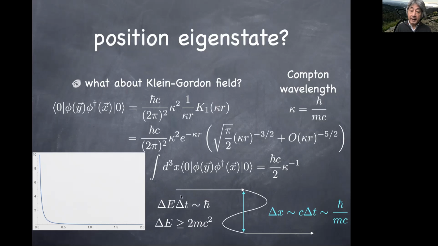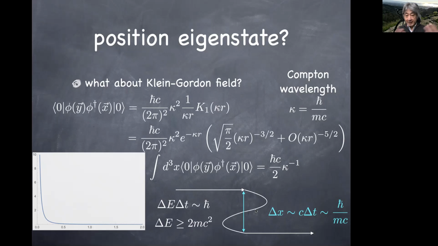So if you compare the input and output, this process appears as if the particle that used to be here all of a sudden jumped to over here instead, within the distance given by h bar over mc. So that's the Compton wavelength. Namely, the fact that there is matter and antimatter in a relativistic theory tells you that the position of the particle is always a little uncertain, given by this Compton wavelength, because of this pair creation and pair annihilation between matter and antimatter.